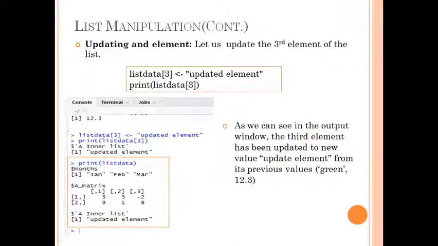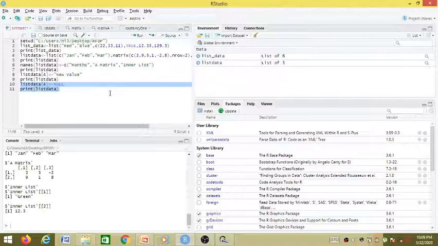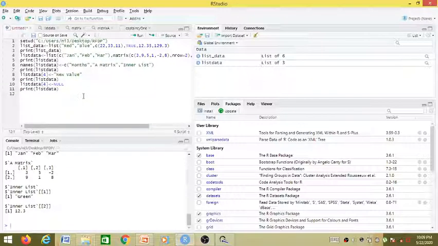In a similar way, we can update a list just by giving the index of it. So now here we can see in list data at third position, we are providing some new value. If you remember, as the third element of the list data, we have a nested list over there. Now let us check whether it gets replaced with this new value or not after modifying it. So list data, and at third index I want,